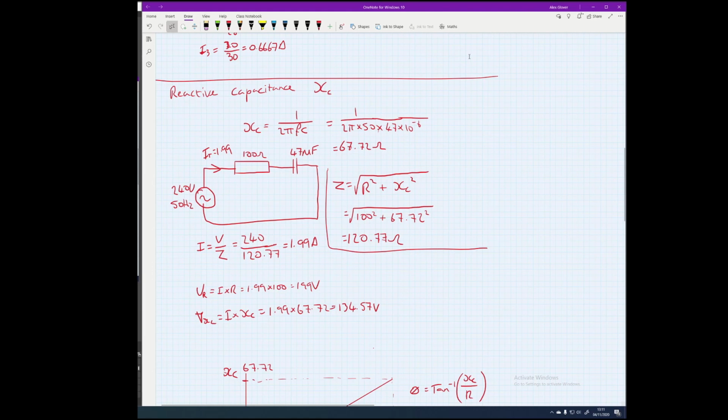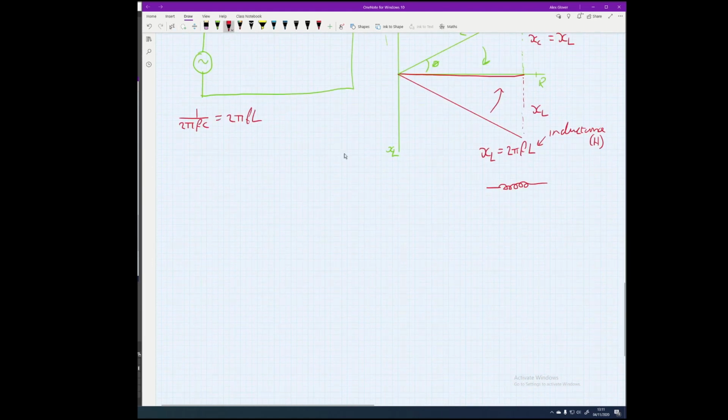At the frequency we're looking at, it is 67.72 ohms. And that's equal to 2 pi FL. Now if we rearrange that to get L on its own, we divide both sides by 2 pi F, we get L equal to